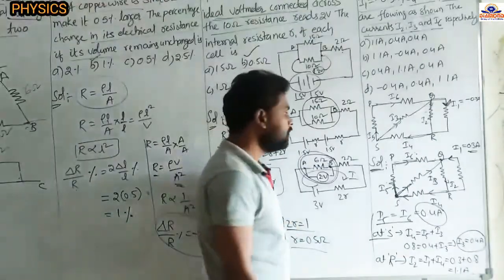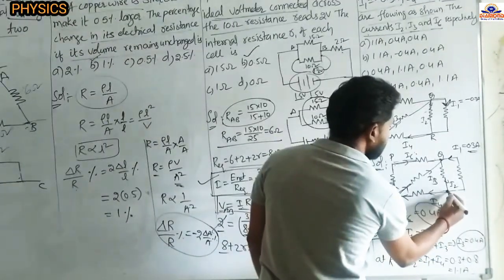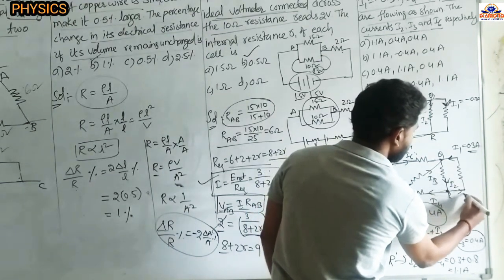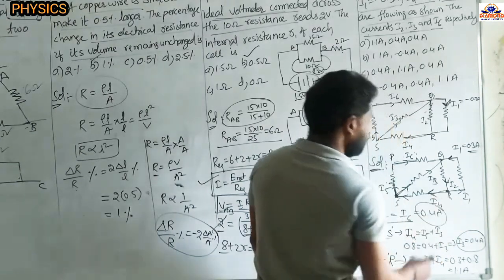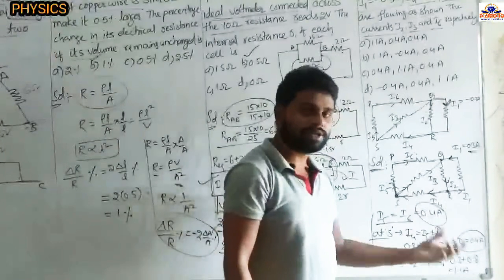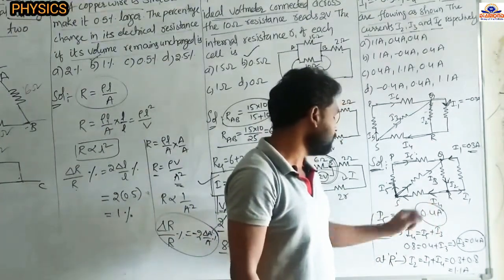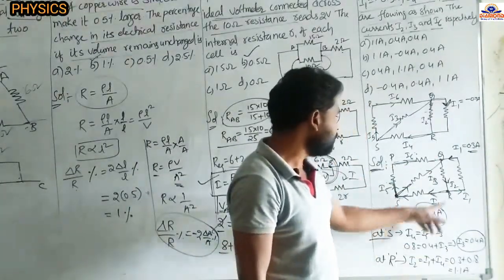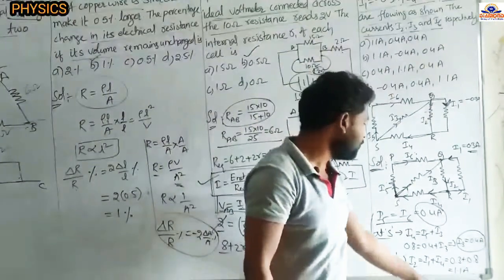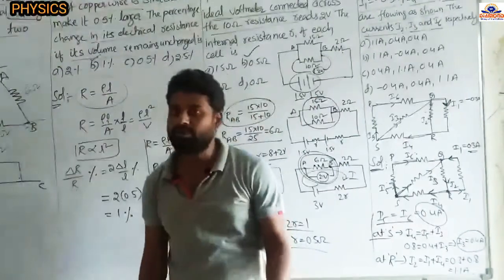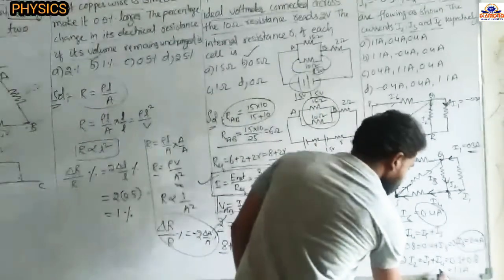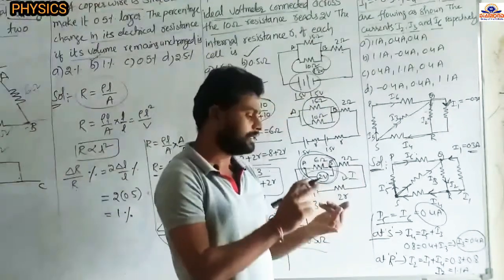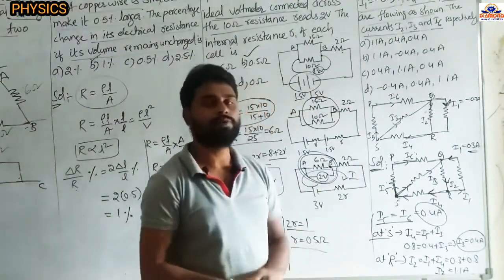Now we have to find the I2. To find the I2, I am using the KCL at the R. Now I2 entering. I1 is going in this direction, means leaving, and I4 also leaving. So at this point the entering current equal to the leaving currents, I2 equal to I1 plus I4. I1 value they given 0.3, plus I4 value they given 0.8. 0.3 plus 0.8 equal to 1.1 ampere. So I2 value is 1.1 ampere, I3 value 0.4 and I6 value 0.4 amperes only.